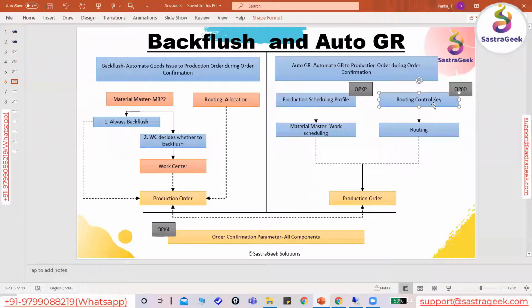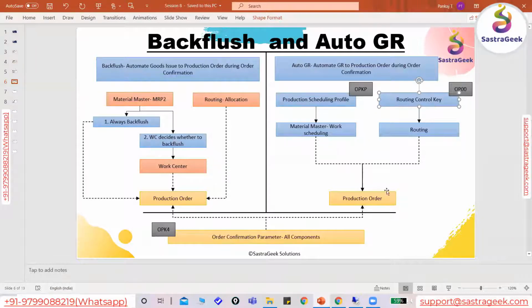The same way, if I'm doing operation-based confirmation with multiple operations in one production order, we can activate the auto goods receipt indicator with the help of the control key that we assign to the operation in the routing.